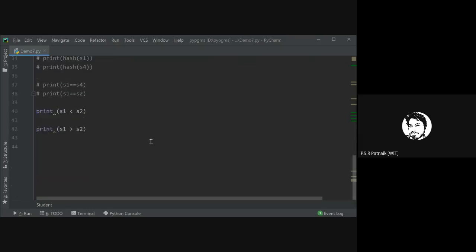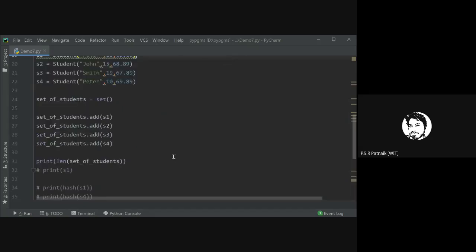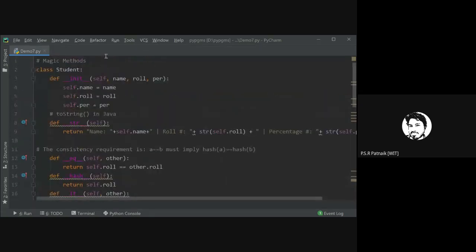We can also create a heap of student objects. Now, when we want to create a heap of student objects, tell me what should I override? I need to always override less than, because there we compare whether the root element value is less than the child element value or not. Just assume if you comment this out, you cannot have a heap of student objects. In order to have a heap of student objects, you need to override the magic method LT, because that's how you define what is less than and what is greater than. I hope you understood what magic methods in Python are, and we have many such magic methods.